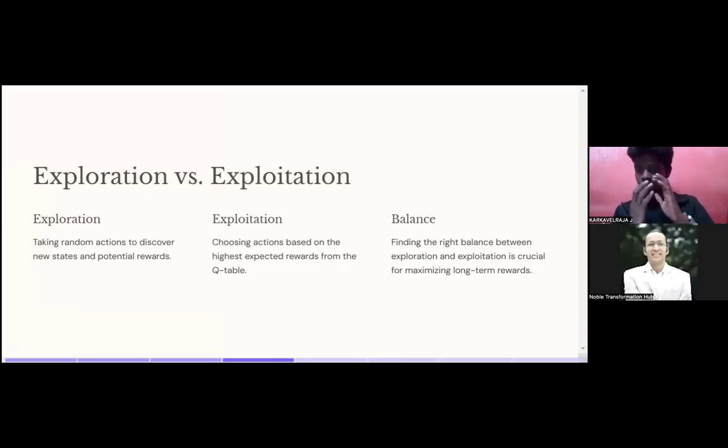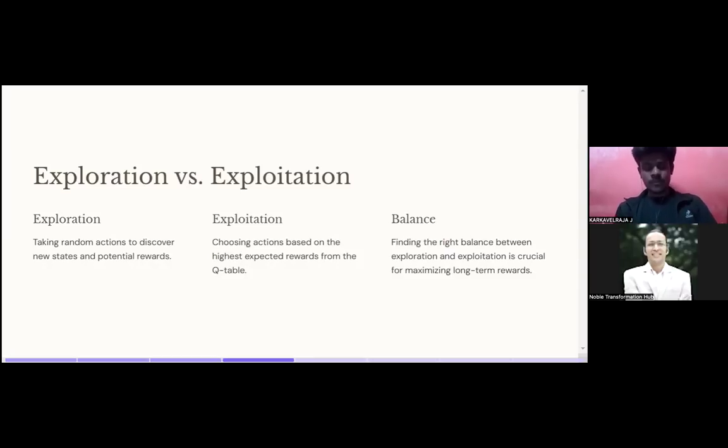Based on the game that I'm explaining, the Super Mario game, the character will be able to explore the states that it can move to: left, right, up. That is called exploration. What is exploitation? What step I can take so that my reward will be maximum. Whether it is right, left, or jump, this is called exploitation.